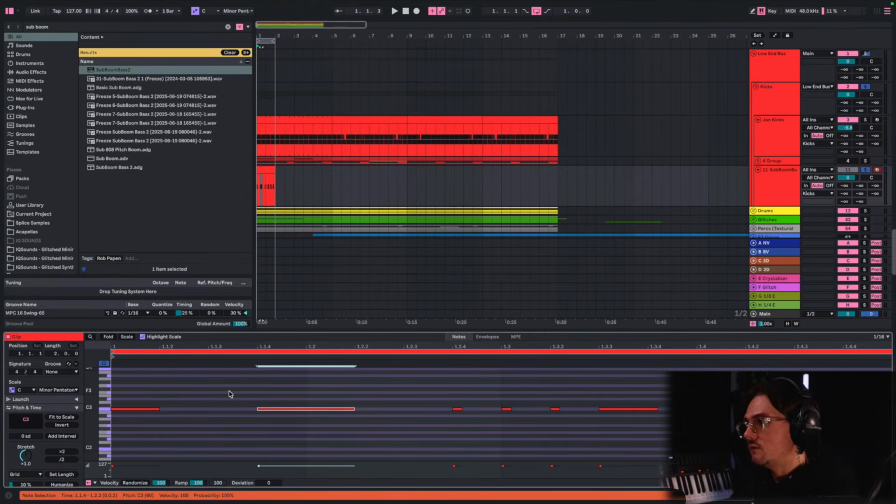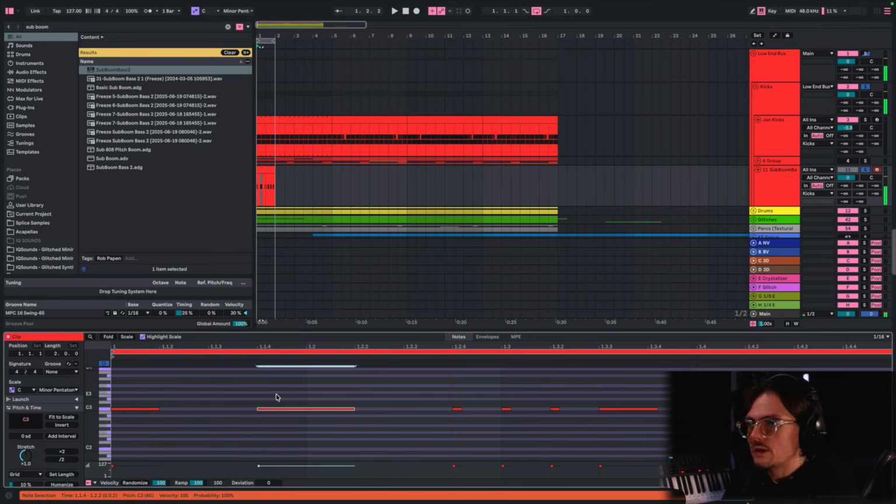From here, what we can do then is we can start shifting our notes up and down the scale. Now there's no right or wrong to this, but if you do hit a sticking point, something to have in the locker as a tool and a method to get you out of those sticking points is to either go up the scale and then back down, or down the scale and then back up. Let me show you. So we use this exact same pattern, and I'm going to go up the scale for this note, up the scale for this one,